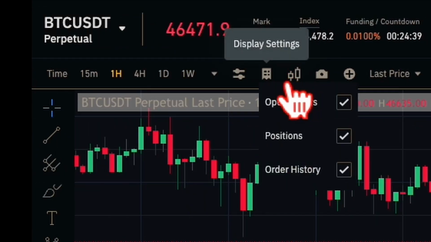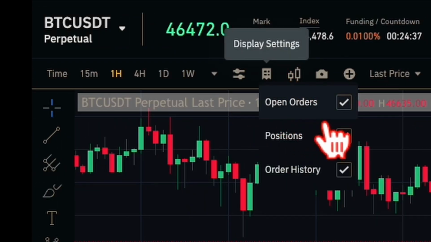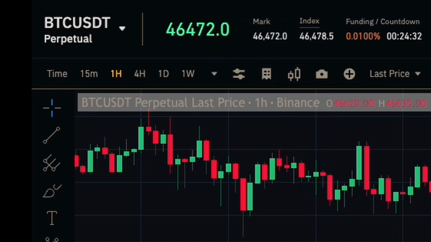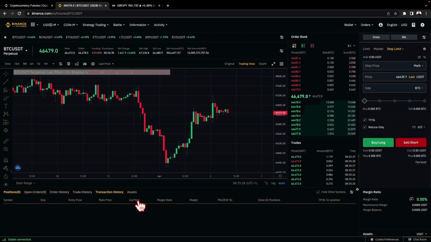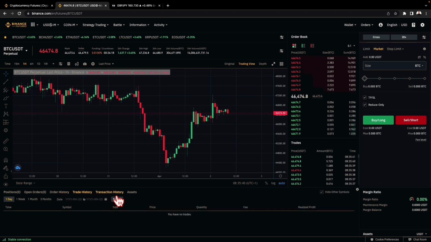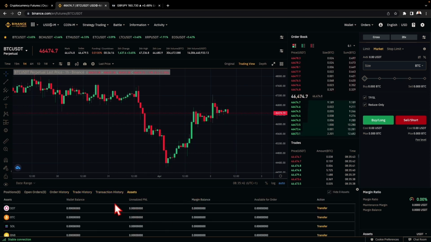The next item we have is to show you your orders, your open orders, your positions, your order history. Basically, it shows you the thing that's here. So if I choose to buy Bitcoin and I open a position, I'll come to that in a minute. For whatever position that I open, it will show me my position here, my open orders, the history, and any other transaction that I've made in the past based on Binance Futures.